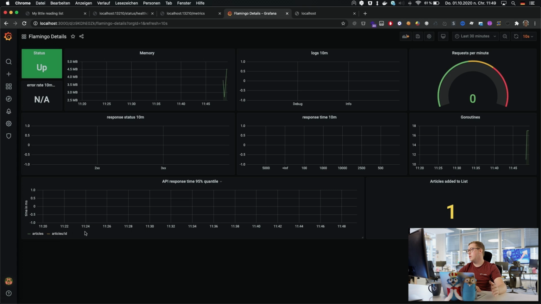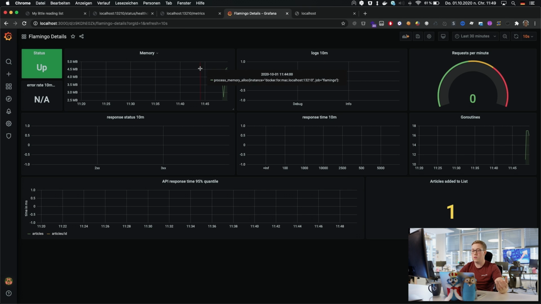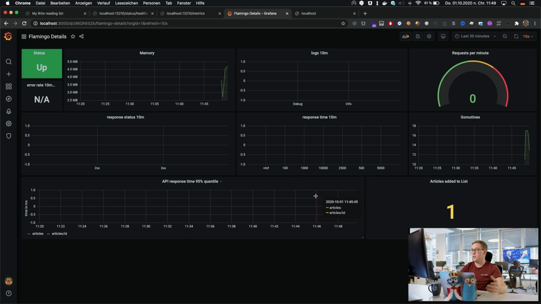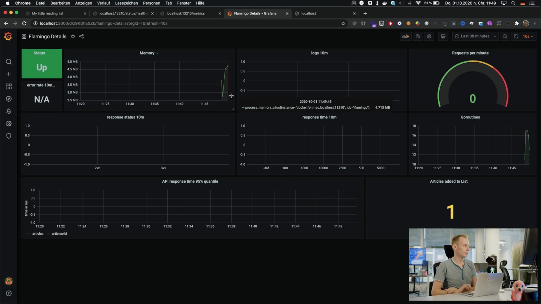In the right bottom corner, we see the articles added to the list. That is one. Maybe over the day it decreases to 0, and that could mean something is broken with your reading list, or it's just that nobody visits the application. These metrics on the top are all coming by Flamingo standard,